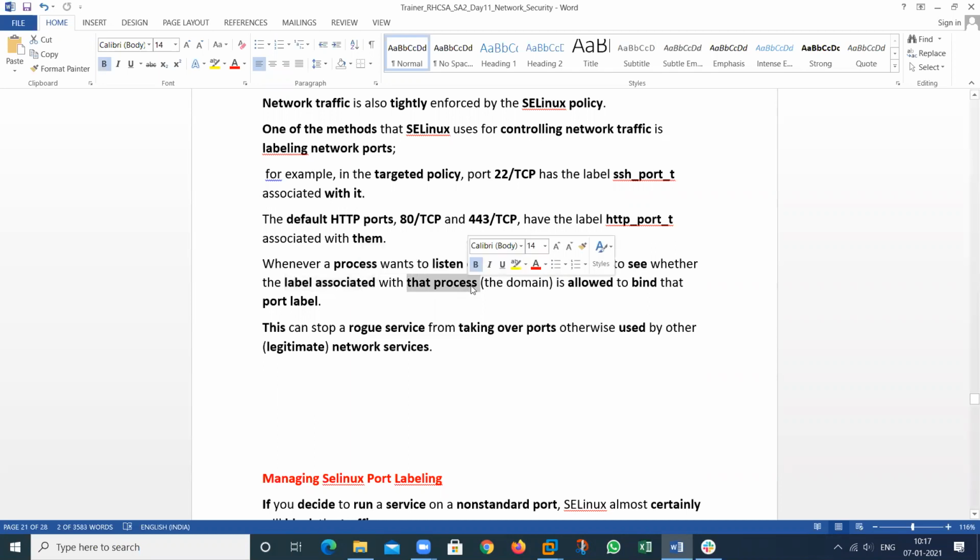That particular domain is allowed to bind that particular port label. So binding can be allowed. It means there is an IP and a port, and all are checked by SELinux. So this can stop a rogue service from taking over a port otherwise used by another legitimate network service.